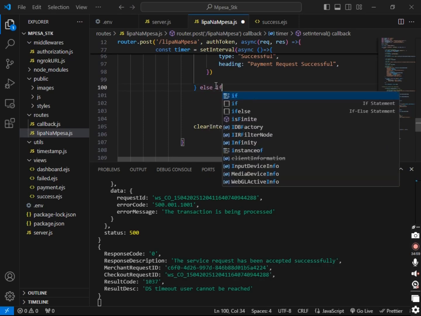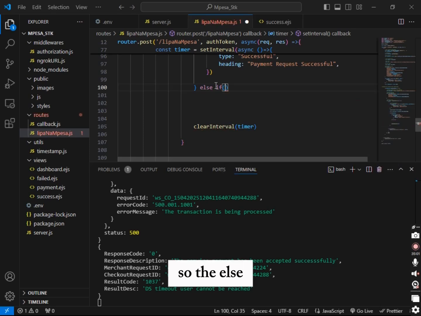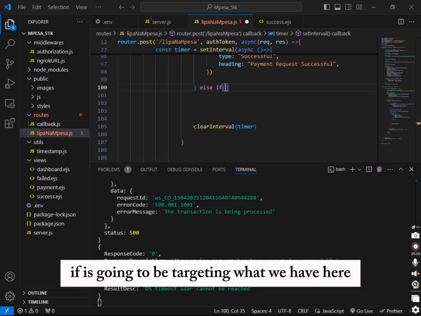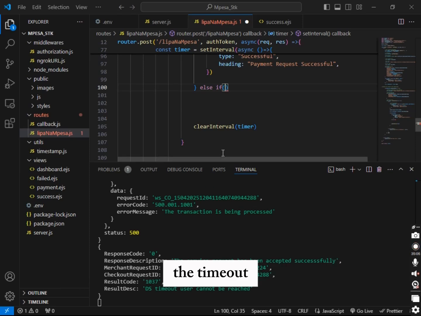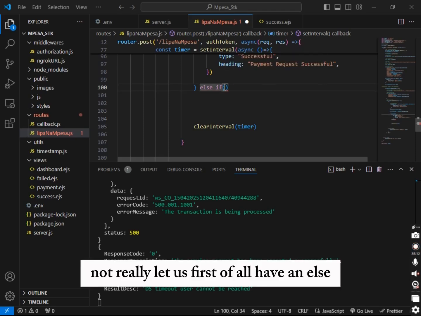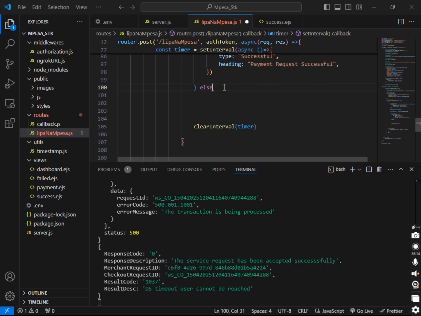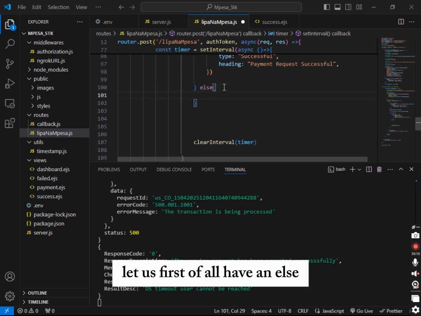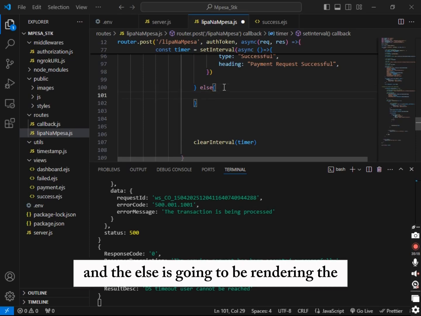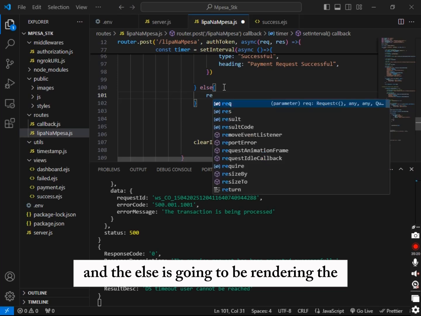Else if. So the else if is going to be targeting what we have here as the timeout. Not really. Let us first of all have an else, and the else is going to be rendering the